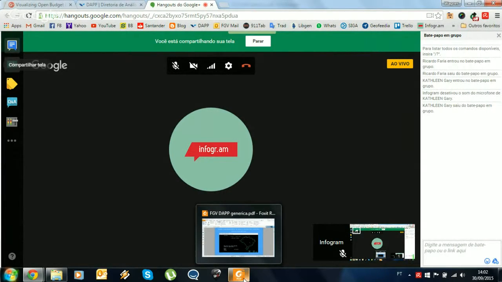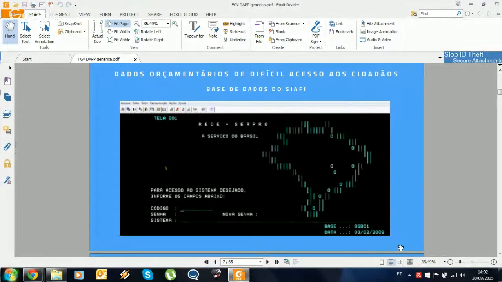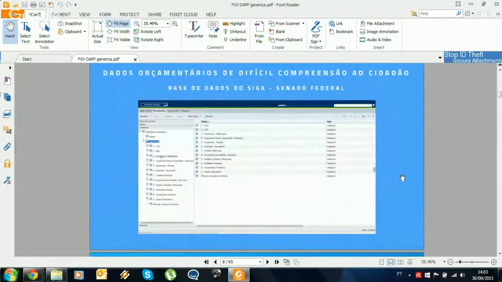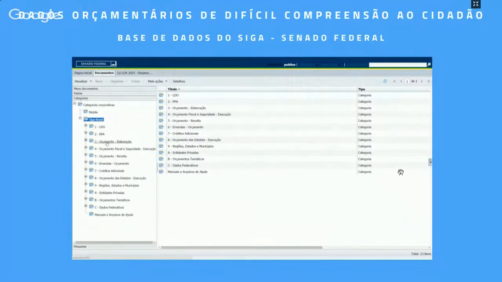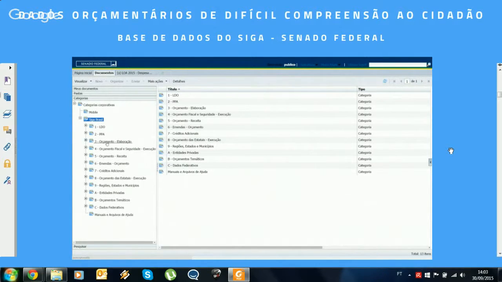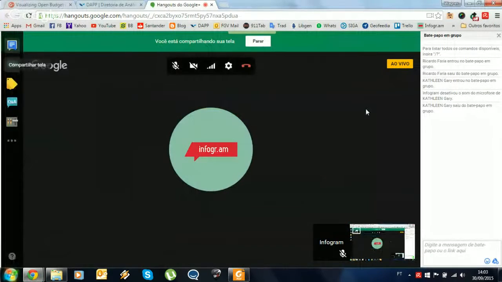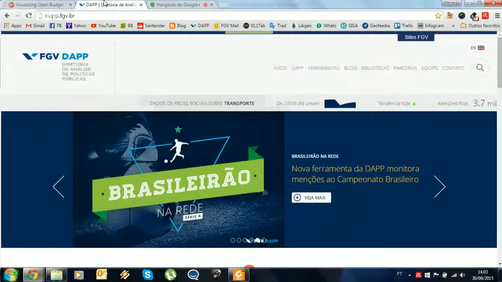But then it developed because we had some new tools for getting public data, made by the government. When you had something like this, which was a little bit better, you still had to learn how to use it and to search in this menu, where you can find public budget on a specific topic, and it was not something for everybody. So what we try to do is to create better tools for visualizing open budget.